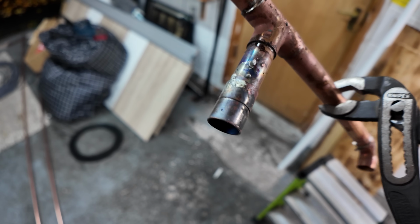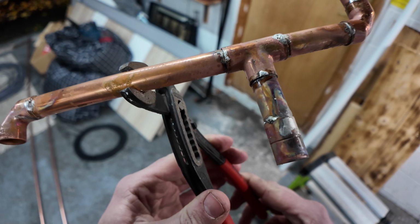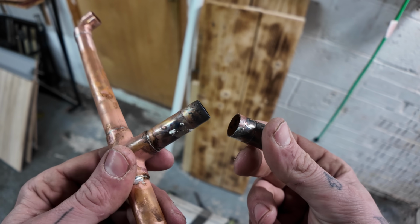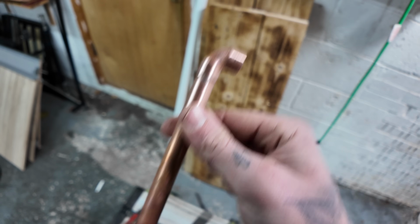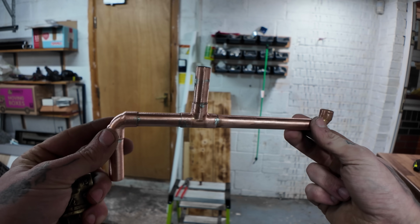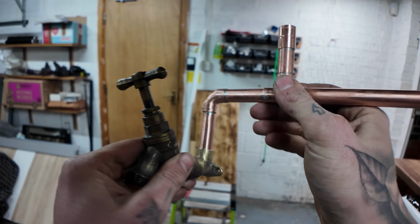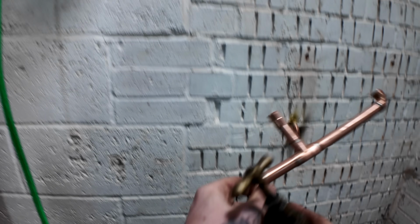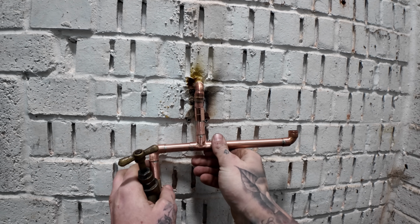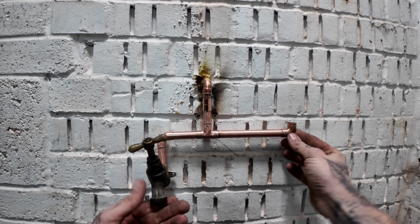That is shameful. I just overheated it. Clearly I didn't do that one very well. All the other ones though, that looks alright. Got a bit of a tidy up. I'm just double checking, clean this up, lower end. I just want to see it as it fits. I'll get some clips in there and there, and then